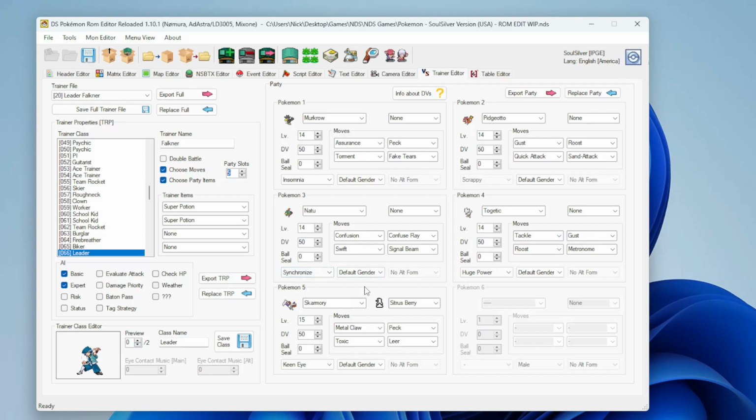Biggest change here, obviously, is the Skarmory as his ace. Gave it a Citrus Berry, of course, with Metal Claw, Peck, Toxic, and Leer. I had initially thought this would be a bit more of a pain to get through, but when I played through again on my first test run, it really wasn't that big a deal. It didn't go over Toxic at all, and that may have something to do with